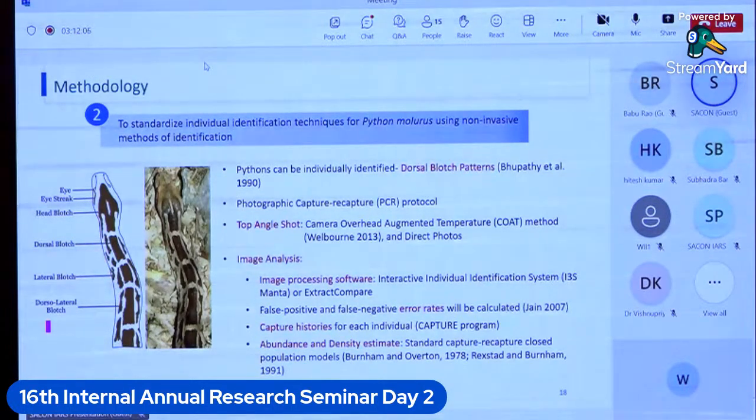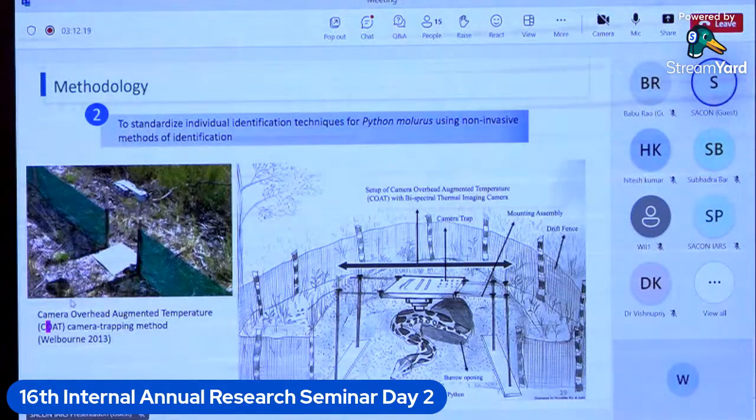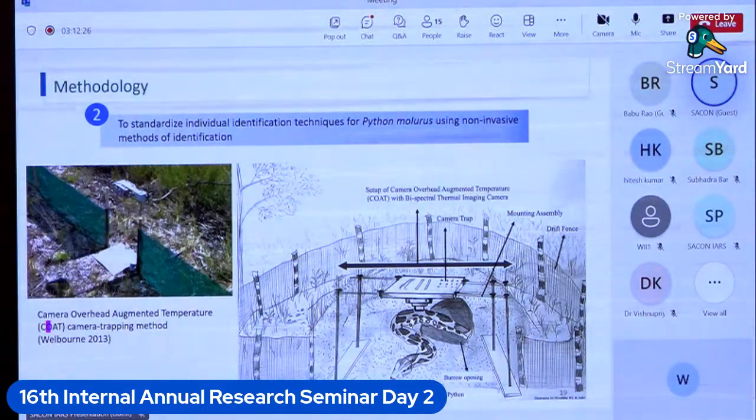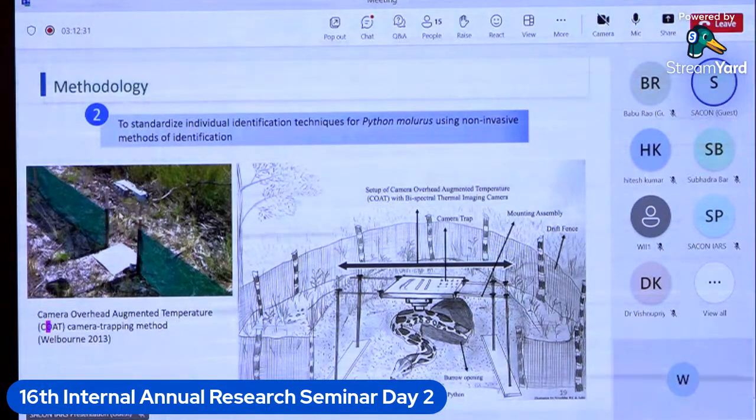So the major challenge is to get dorsal images. To get the dorsal images from the study site, this study will be largely carried out in KLP because it has more population. So what we did is we used the CHAMP method, which is called camera overhead augmented temperature method protocol. Basically, it uses a reflective sheet so that any snake or any reptile passing through it can trigger the PIR camera. If you see the image on the right, which is the illustration, we will try to ring-fence the entire